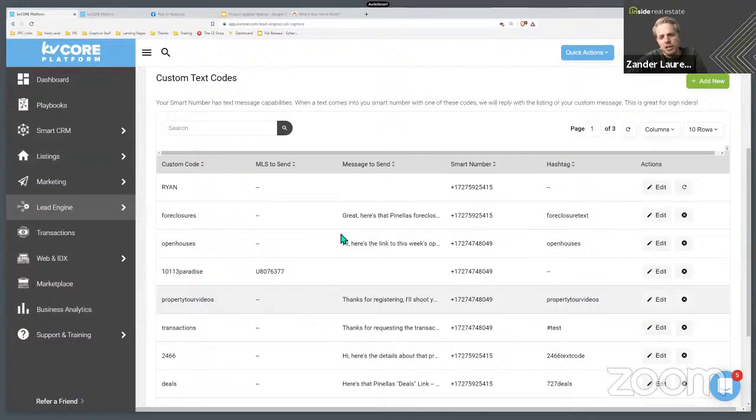Number, as long as that text code is unique, which we don't let you create a duplicate text code. Like if Ryan were to come in here and try to create a text code for Ryan, it wouldn't let him create another one. Then all the leads will be routed to you because we tie that custom text code to your user ID and make sure that every lead that texts the text code comes straight to you, even if you use a smart